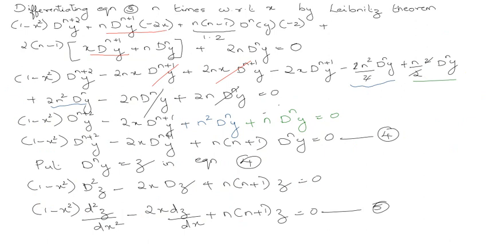Okay. So now this term is written here, 1 minus x square dn plus 2 y. Okay, now next term we are going to write is this: minus 2nx dn plus 1 y. Then as the third term, I am writing this term, 2nx dn plus 1 y. Then as the fourth term, I am writing this one, minus 2x dn plus 1 y.